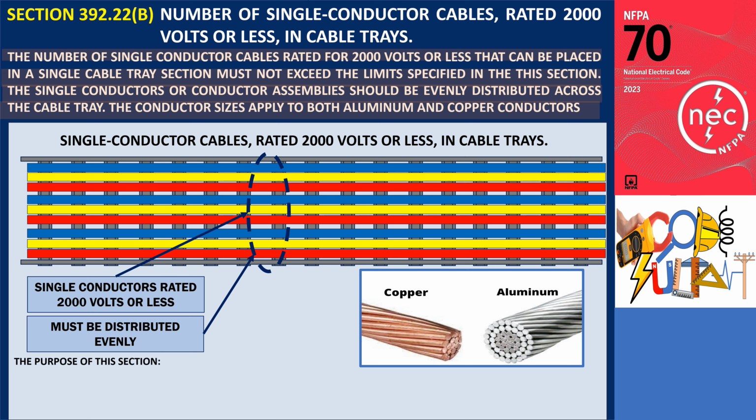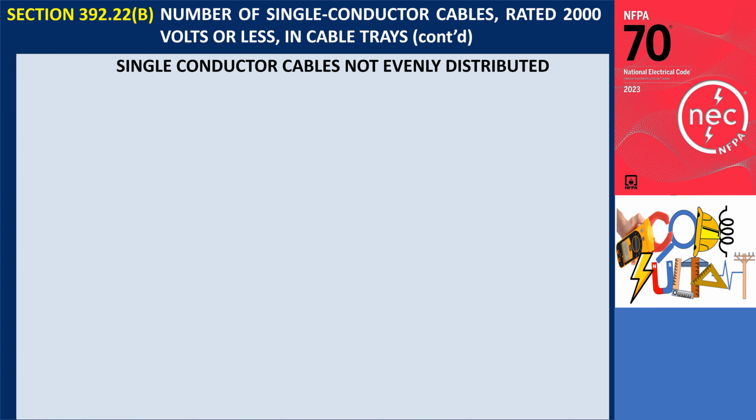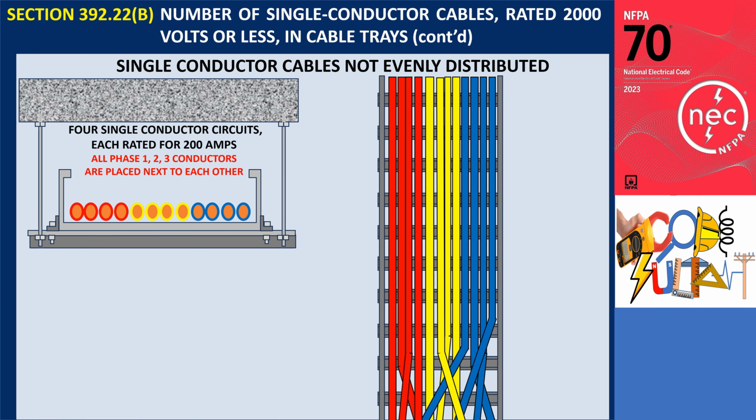The purpose of this section is to regulate the number of single-conductor cables rated for 2000 volts or less allowed in a cable tray section, ensuring they adhere to the specified size and distribution guidelines. Proper distribution is crucial to avoid potential issues. For example, if a cable tray holds 4 single-conductor circuits, each rated for 200 amps, and these cables are not evenly distributed, for example, all phase 1 conductors are placed next to each other,